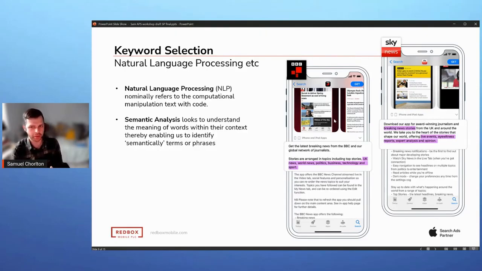And what we can do with those is then go, right, across the App Store, who else's app is talking about live events or breaking news stories? So we can do a very simple search that might give us potential competitors that we might be interested in bidding against. But what other words do they use to describe their app that perhaps we haven't included in that keyword pool that we're trying to list for?